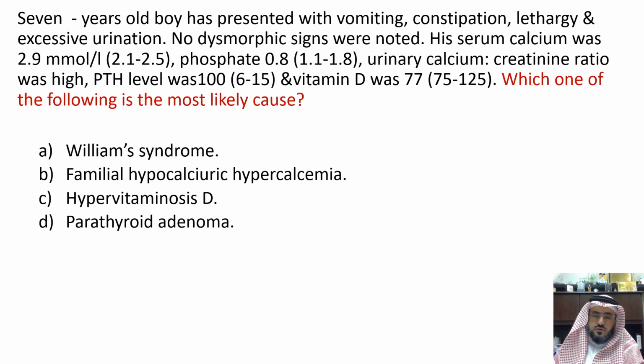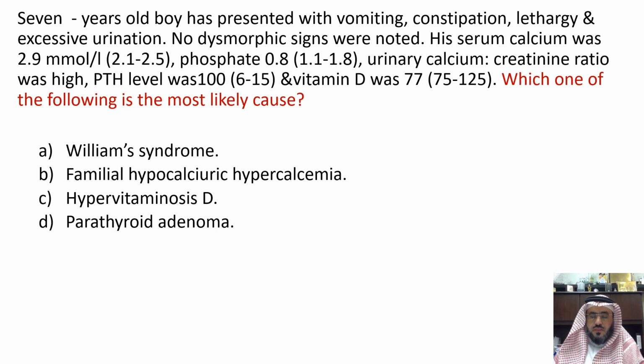So this slide is educational. If somebody asks you what the differential diagnosis of hypercalcemia in children is, you mention all these four. But in Williams syndrome, it is usually transient hypercalcemia, usually associated with dysmorphic features. So this child at 7 years of age, if it were Williams, would have no hypercalcemia at 7 years of age because it is transient. And in Williams, there will be dysmorphic features. Here in the question, no